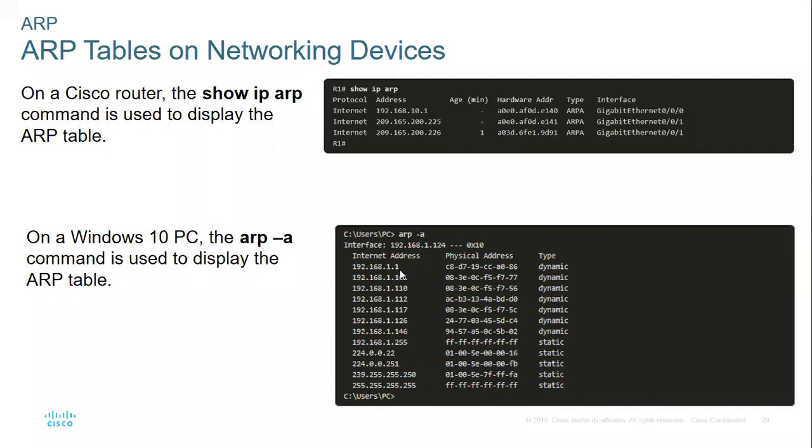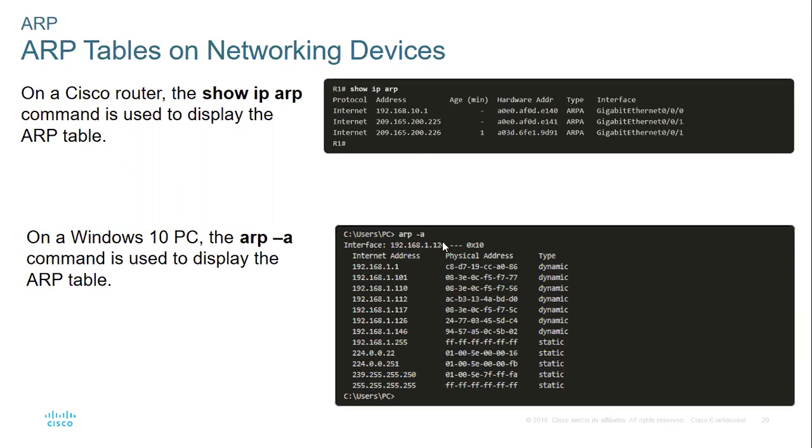So what you see here are IP addresses being matched to MAC addresses, and how these were learned. Was it dynamically, automatically, or was it statically, manually? Okay, so this is an ARP table. You can see it on your laptop. Just go to the command prompt and type arp